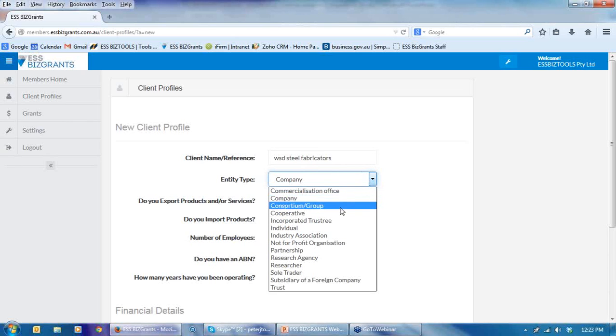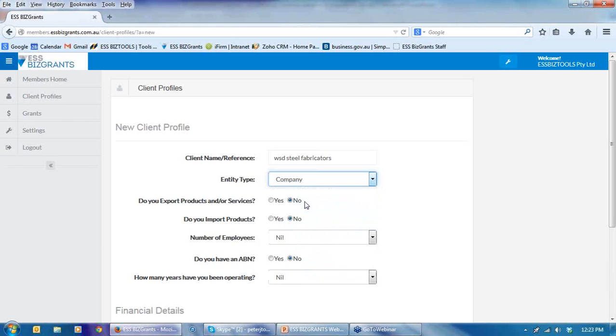You can go through and look at which one you think applies. This is a company, so I'm going to click on company. Companies are the most popular as far as the government's concerned for grants, but some of these other entities will be eligible for some government grants, but we'll select company.